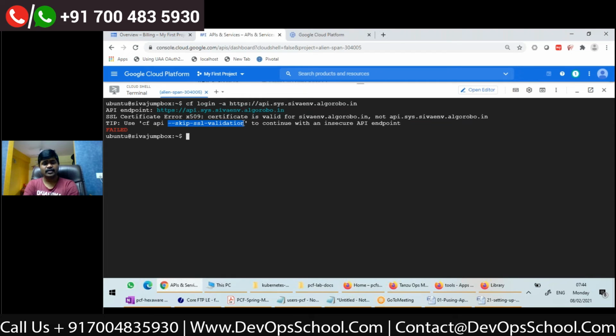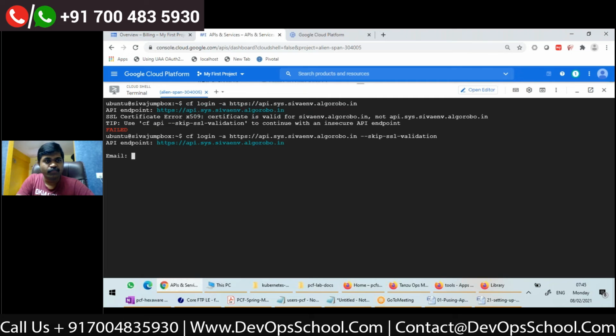Actually, mine is a self-signed certificate, right? I have used self-signed certificates in your organization. If you have used some other signed certificates, it could have not been a problem. So whenever you are using self-signed certificates, you can use an option called skip SSL validation. That's all. It's asking for email. I'll give user25. That's the username, and password as password.